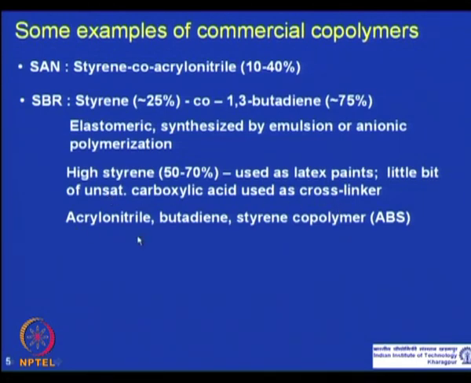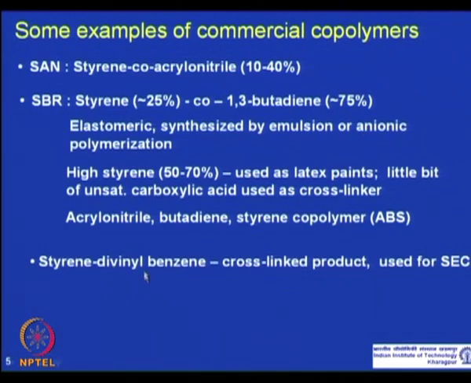And to combine or improve both the solvent resistance and impact properties of styrene, one very common approach is making a terpolymer, where acrylonitrile improves the solvent resistance, butadiene improves the impact properties, and styrene gives you the heat resistance properties. So, this is a very commonly used polymer